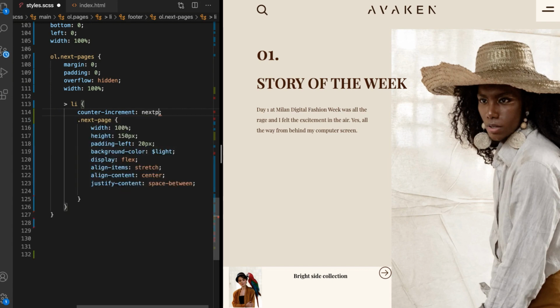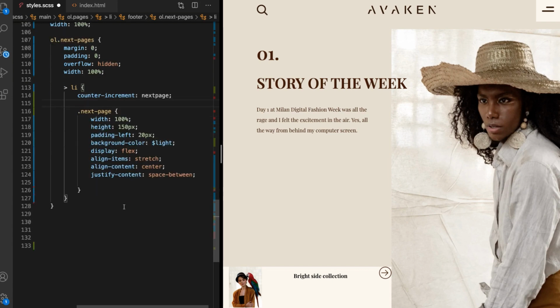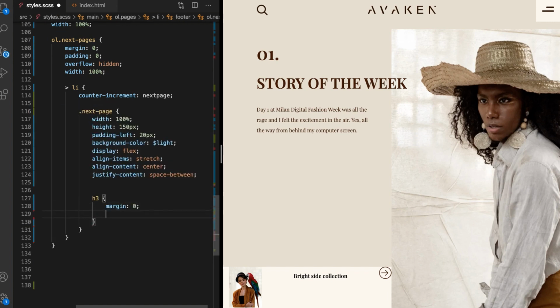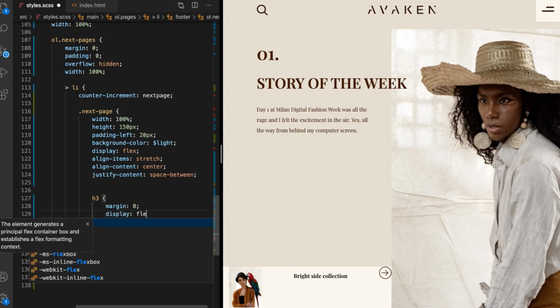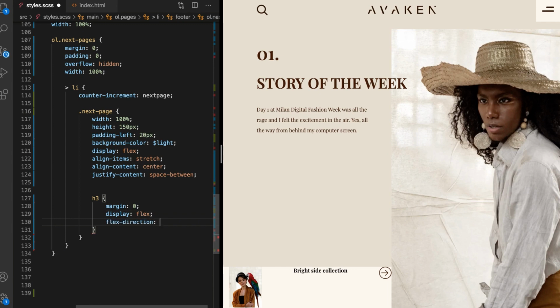So we'll increment the next page counter, so that should be set to 2 on its first use. And then when we come to target the H3 tag, we can actually make use of that counter as well. So here's our heading level 3 tag. We'll remove any margin from that at the moment, and we'll also set it to display as flex. We're going to set a flex direction of column,